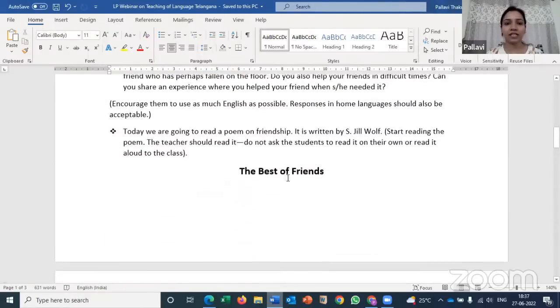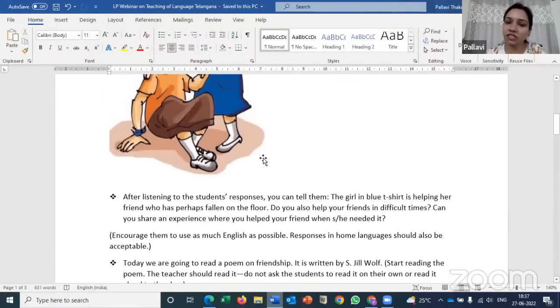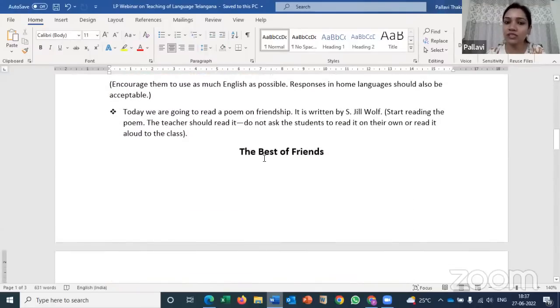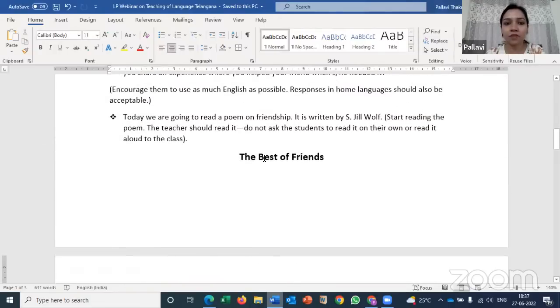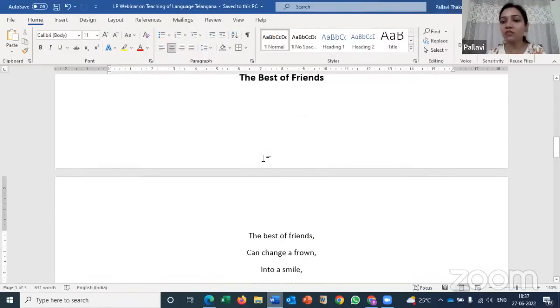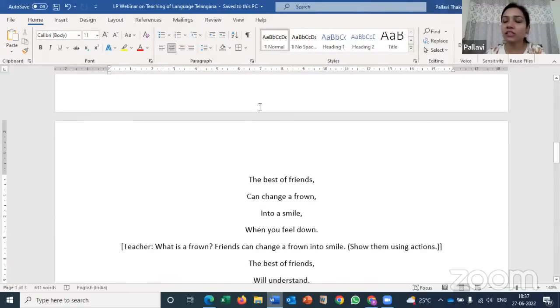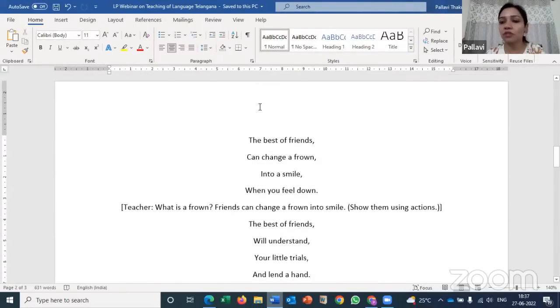So let's go ahead. Once you have engaged your students with such activities, once you have made them start thinking about their own experiences of friendship, once you've taken them to the space where they're thinking about the theme of the text, then you can start reading the text. The first reading should always be done by you, the teacher, without stopping in between to explain anything. So this is the poem, The Best of Friends. You read it, take pauses, use proper intonation, make sure you're reading slowly for students to follow, but don't explain in the middle during your first read. Let them